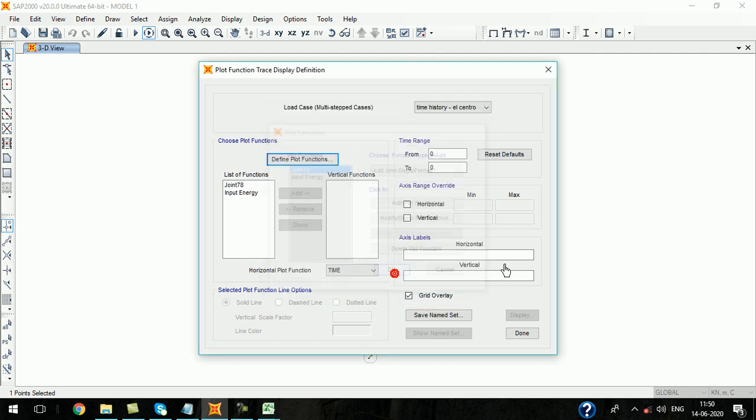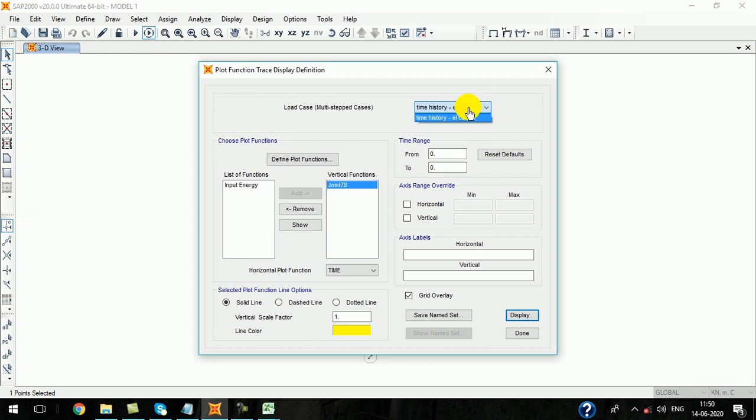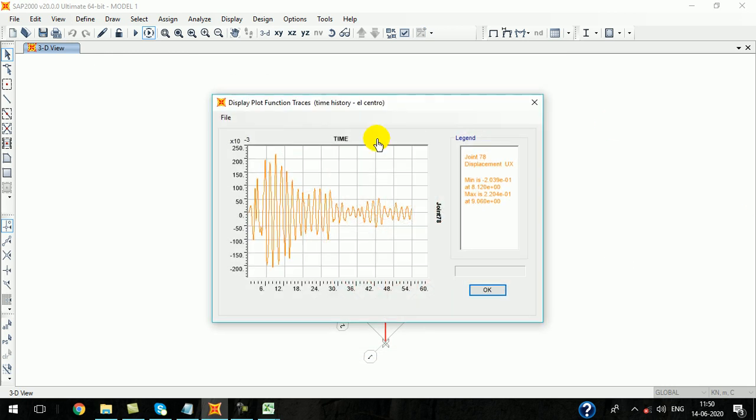Select, click OK. Now we select this, add to vertical function. In the horizontal function it is time only, and if you have a number of time history load cases, then you can choose the appropriate one. Now we have only one, so only El Centro is available here. You display and see the time history function at the roof. Similarly, for other values also you can check.